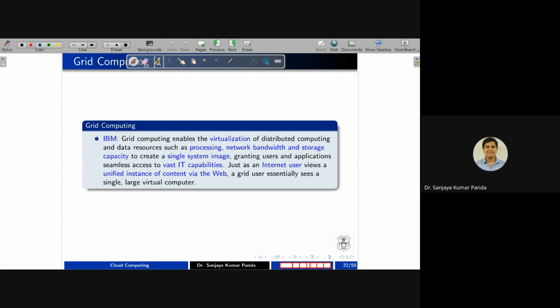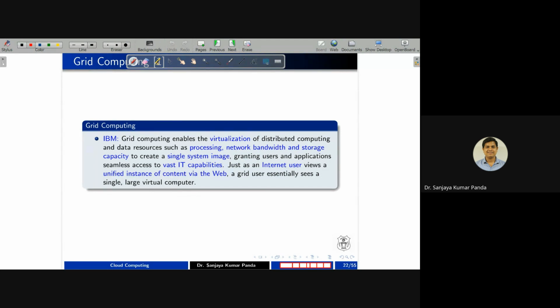But in the case of cluster computing, a cluster takes homogeneous nodes. All the nodes are more or less the same type of systems. Like in a computer lab, generally we purchase 30 or 50 computer systems at the same time, so definitely all the systems have more or less the same configurations. So grid merges different heterogeneous computing systems, but a cluster merges homogeneous systems.